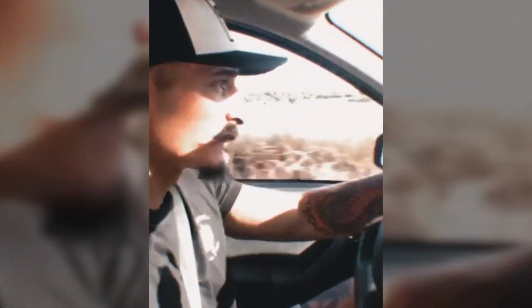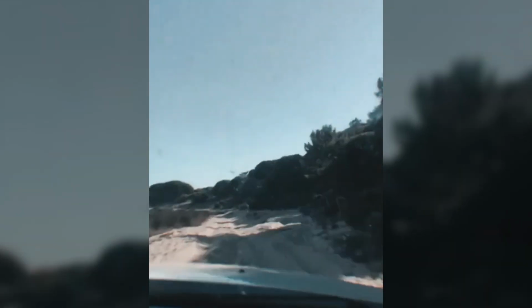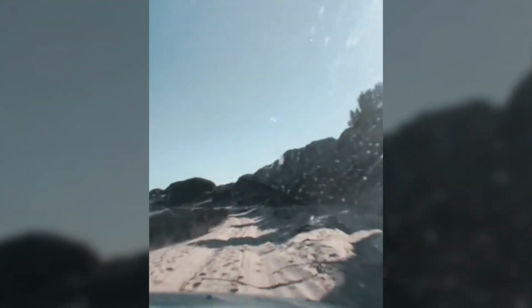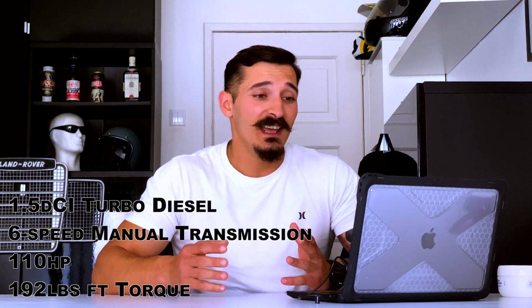As you guys saw in the small intro that we were able to put together, the car in its stock form is already pretty capable for the occasional camping trip, for the occasional off-roader, for a car that looks like it does, stock. It will surprise you, it will do more than what people will give it credit for when they first look at it. For such a small engine, 1.5, it still puts out 110 horsepower and